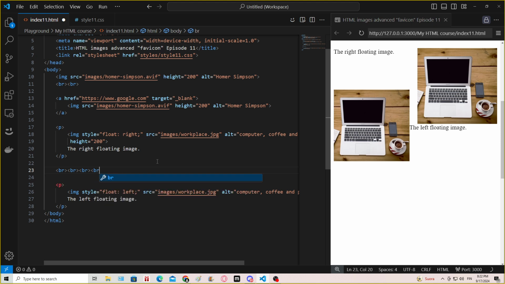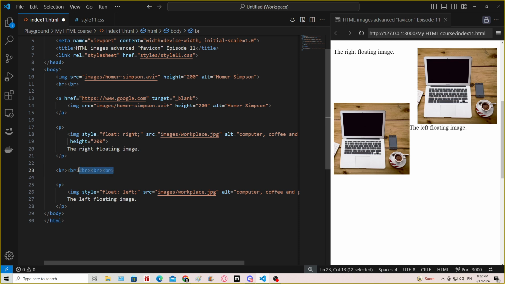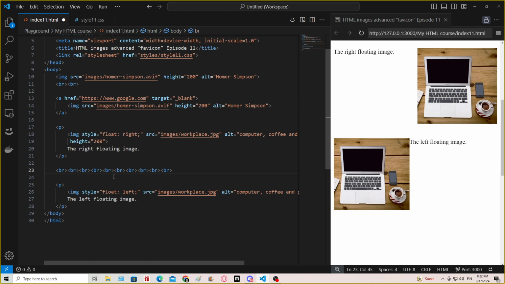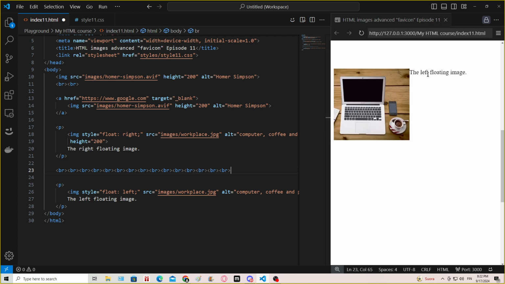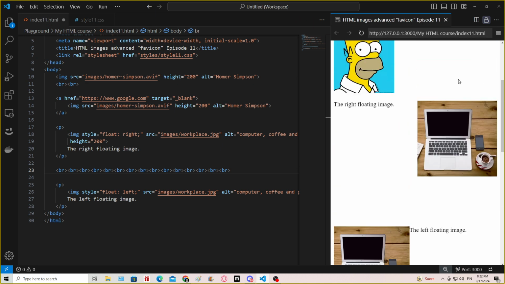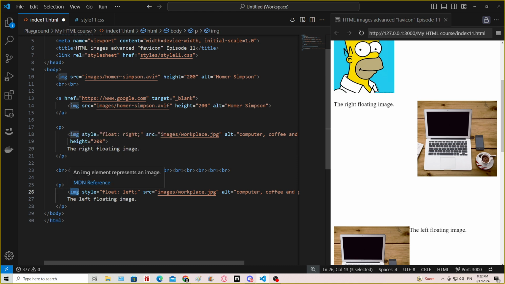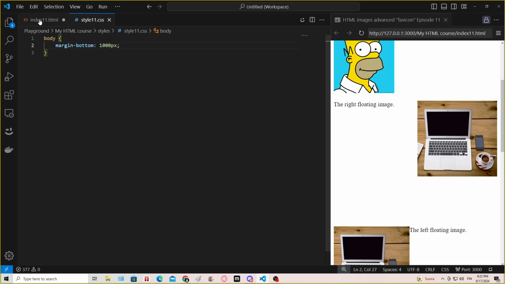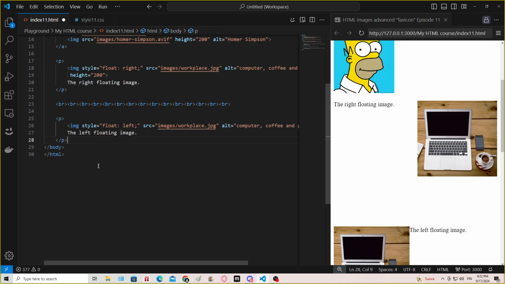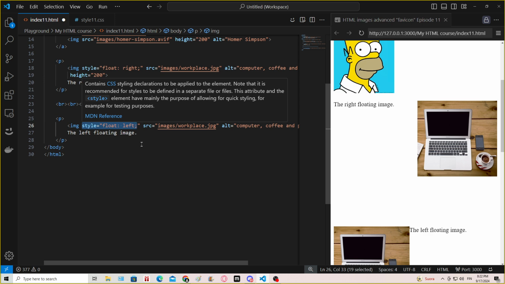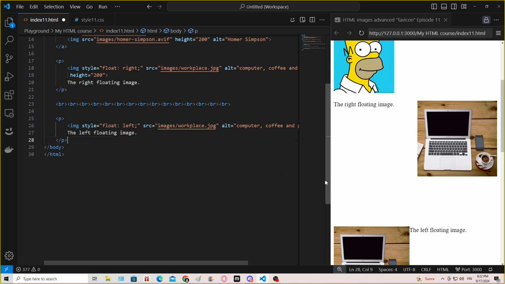Alright, well that doesn't... I'm going to copy this actually. There we go. Alright, so there we go. That's the left floating image and the text is right next to it. So this is a new feature. We can also add a class or an ID to the image and use the CSS file to do that. But yeah, this time I used inline CSS. Okay, then we also have the